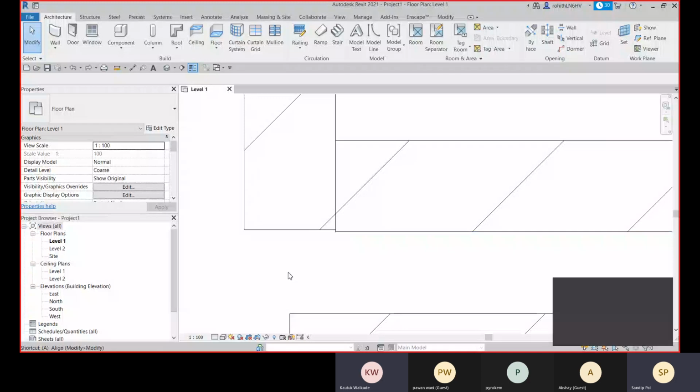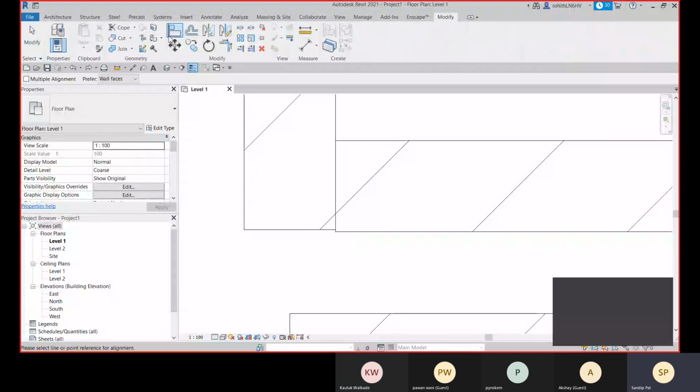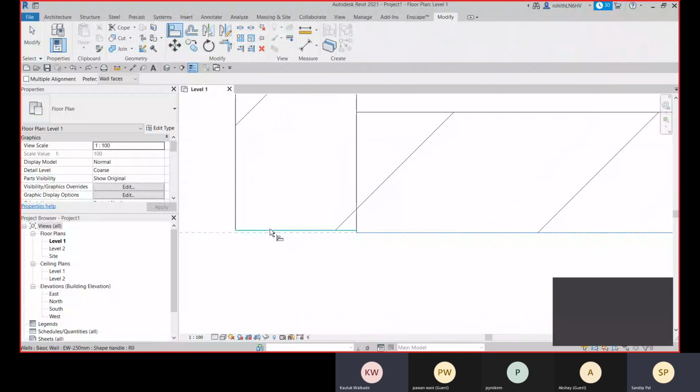You go for the AL align shortcut, or you can go to Modify. Here you have this align, and now you can see that it is active. The shortcut is AL, and then select the first one with which you need to align, and then select the edge which you will be aligning with, and that is aligned. And you will get that lock option. You can make it constant with that, but it is not necessary to make it constant.